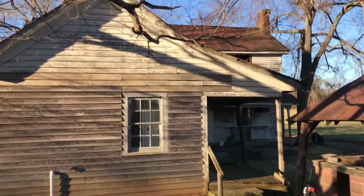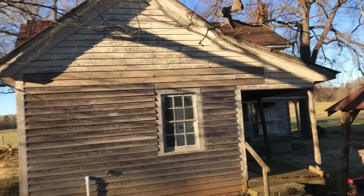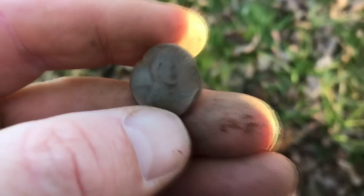Well, guys, Travis and I kind of worked along the front there. We're getting a lot of high chirps, but nothing really good. Found a clock gear and a couple other little things, but nothing real fantastic. I went across that clothesline thinking I might get a coin. Didn't really hear much, but I'm here in the back of the yard right now, and I got it pulled out of the hole and cleaned up just a little bit. It's an old wheat penny, been up a little bit. Looked at the date on it,